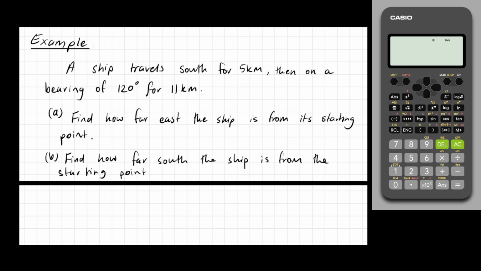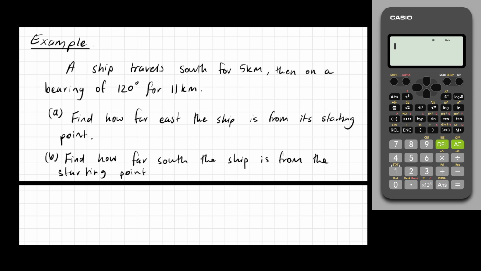Alrighty, so let's have a look at an example of applying some bearings. And this example is going to involve some trigonometry because this is the unit we're doing, okay? And so we'll be applying some form of trigonometry to this problem. So we have a ship travels south for 5 kilometers, and then on a bearing of 120 degrees for 11